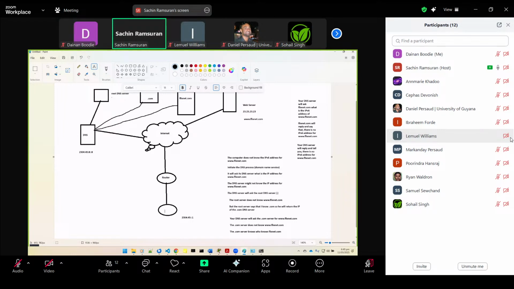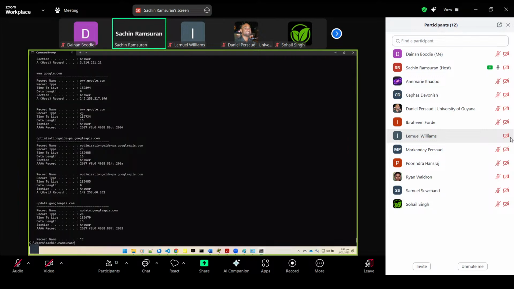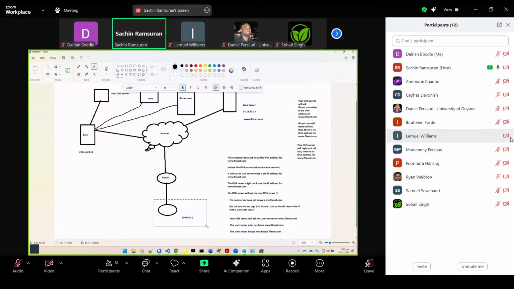When I get the information now, I can put it inside my DNS cache, right? But the DNS cache is not forever. It has a time to live. Here we can see it is 182,000 seconds. When the 182,000 seconds are gone, the record is removed, and if I ask again for www.com, I have to go through the entire process, right? So there's your cache here. All right, so that's the process of the DNS lookup, and that explains why IPv6 addresses are not